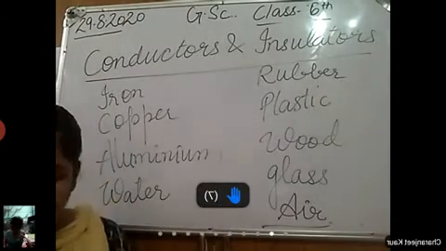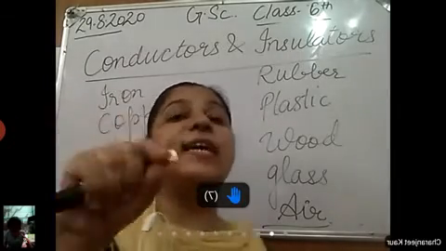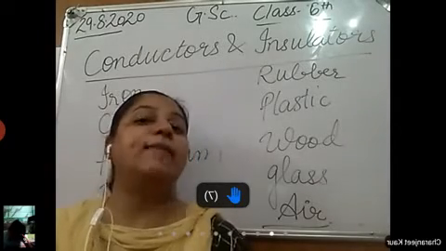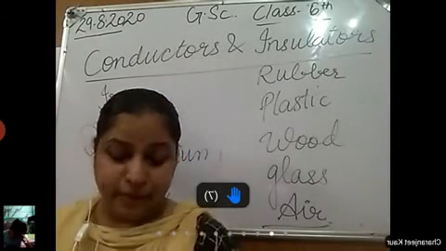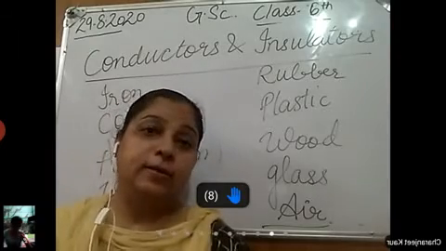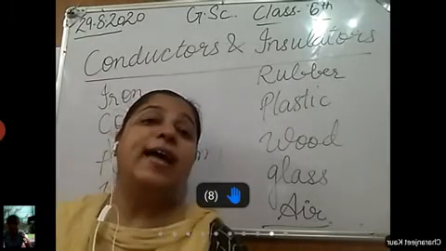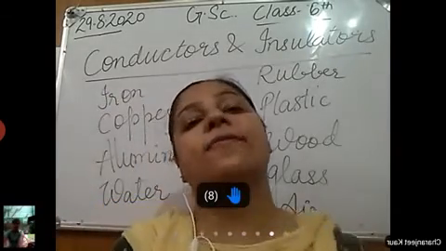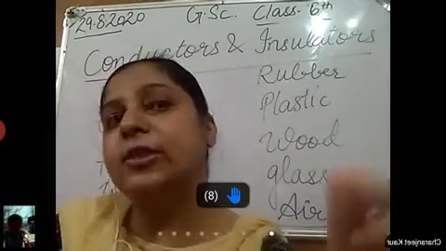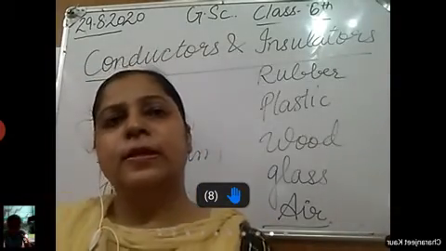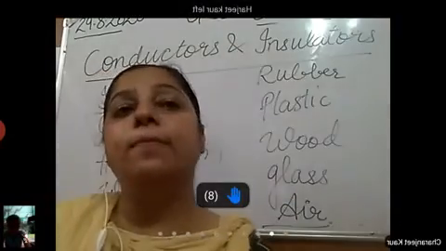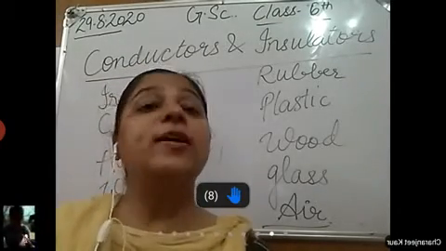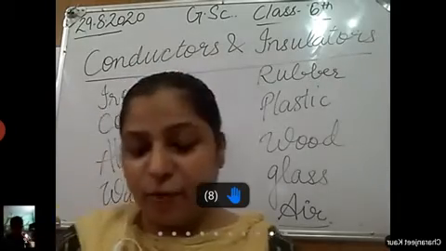Another type of question. Why is there a plastic covering on the wires? You might have seen the wires. There is a plastic covering on the wires. Why? Plastic is also an insulator. Covering is there so that when you want to touch it, you directly do not come in contact with the wire. You have to touch the insulator part. Why generally switches are there on the wooden board? लोहे के boards पे नहीं होते switches. Because wood is an insulator. Such type of questions are asked.